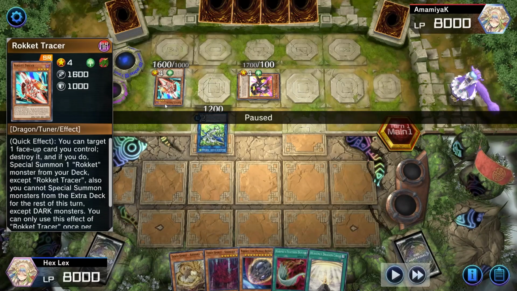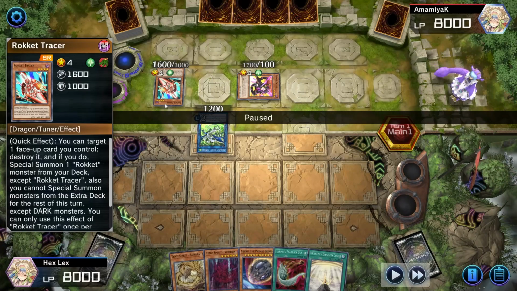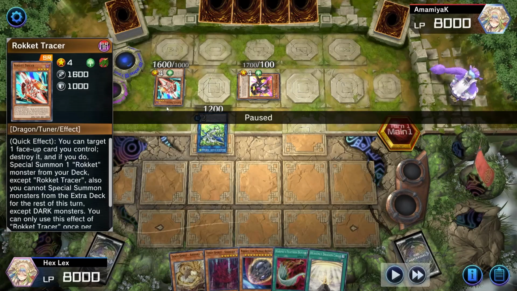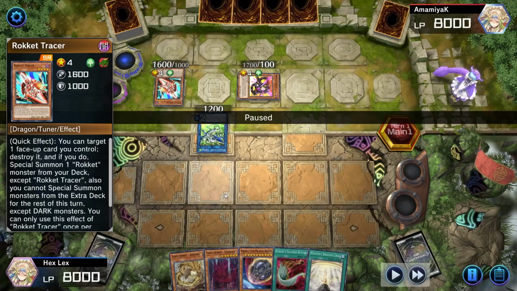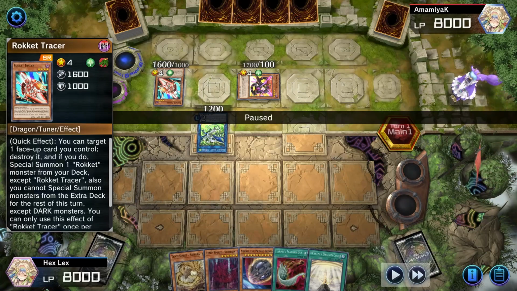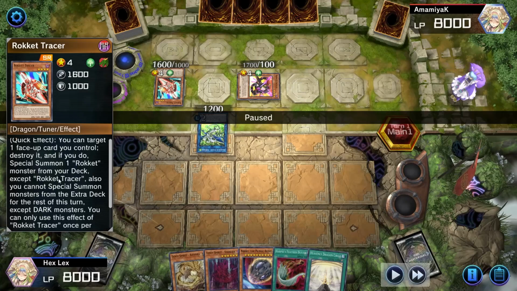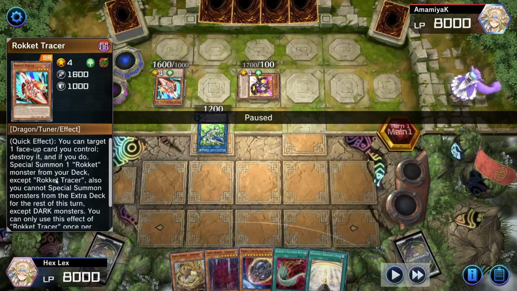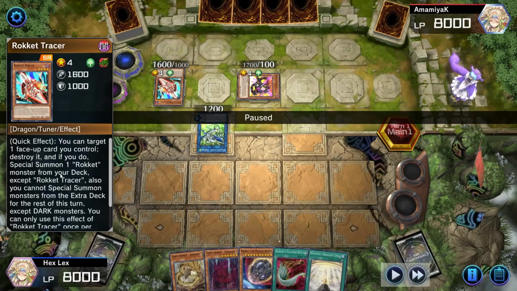Again, the normal summon I want them to use because it's going to be much harder for them to make plays moving forward after they've used their normal summon. Especially true of the Rocket Tracer. The Rocket Tracer isn't always the main way for them to combo off, but the effect is obviously very, very good. So I also want to make sure that I'm doing it at a point where they can't necessarily